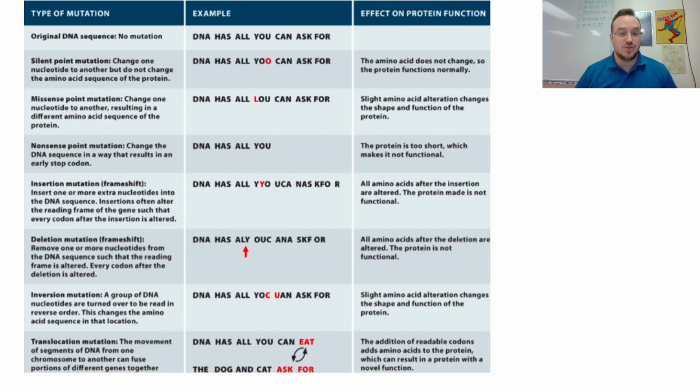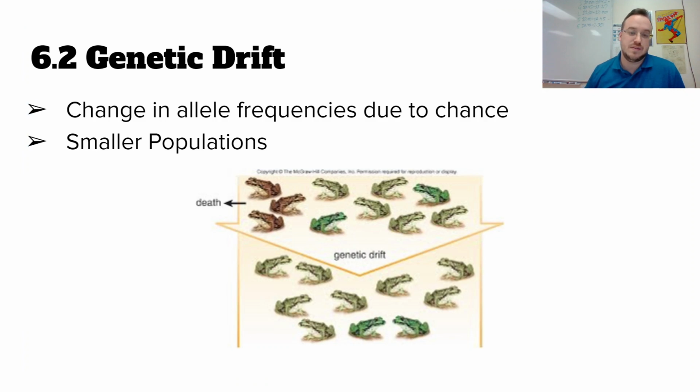So remember this whole list of mutations, right? We are not concerned about the silent mutations that are not affecting changes to the phenotype. We are only concerned about the ones that do, all right? But it's a good idea to have some of these in your head as we move through this week in my biology class. So in general, the term for the change in allele frequencies due to random chance is called